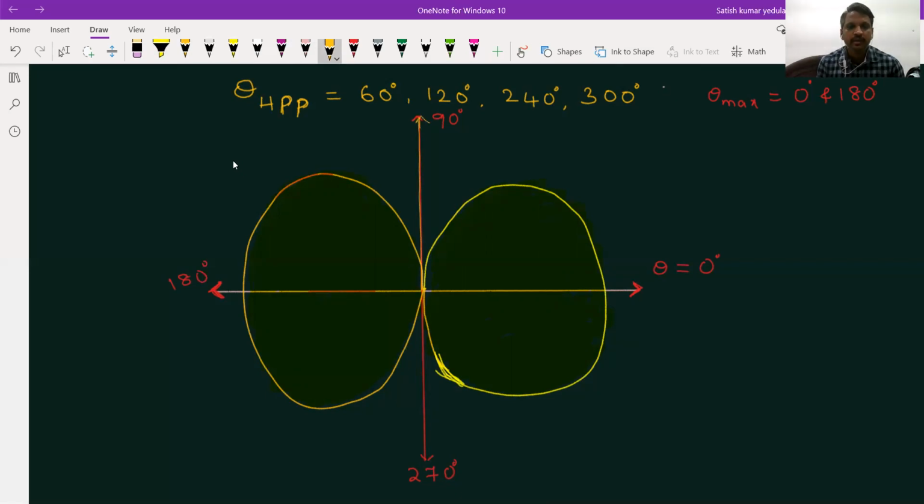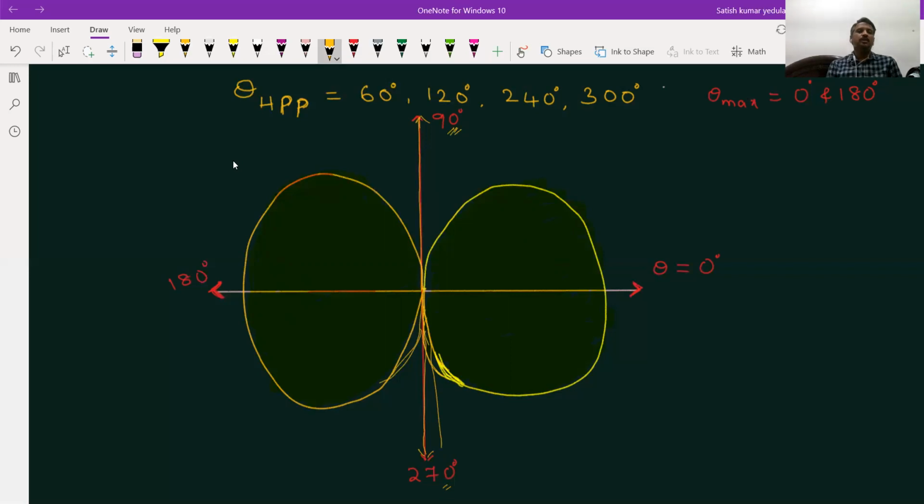This is a 90-degree angle and this is a 270-degree angle. Everywhere, if you take slightly more than that, say 271, the radiation is covering like this. Here also radiation is covering like this. There is no way you will not have radiation at other angles. So you will have radiation everywhere except along 90 degrees and 270. These are the only two angles along which the radiation won't be present, because they are the null directions in which there is no radiation.